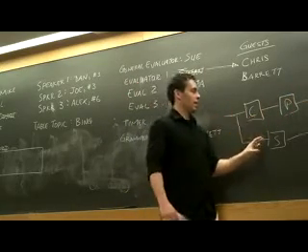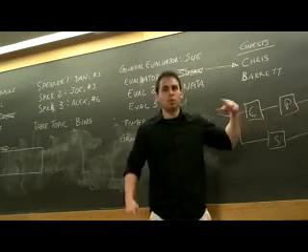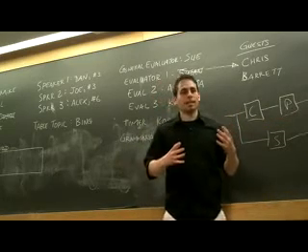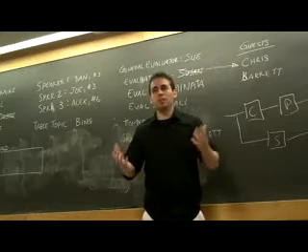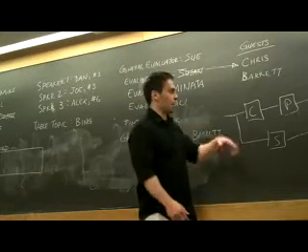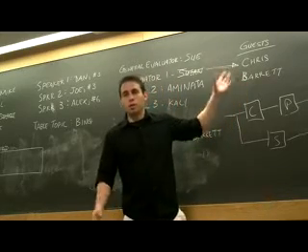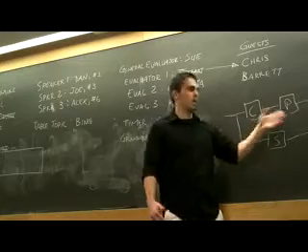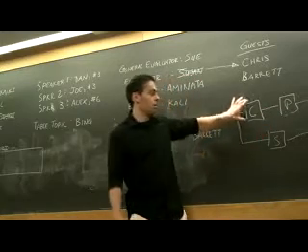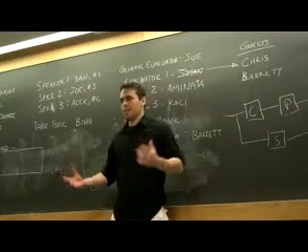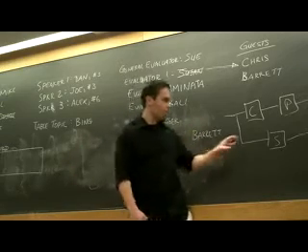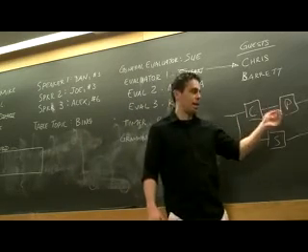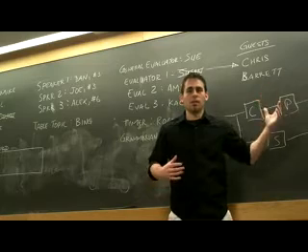So the 3 parts of this diagram are the plant, which is basically the object or the machine that does the action required. So for instance, I'm going to use cruise control on a car as an example. The plant here would be the engine of the car. The controller is what tells the engine, in this case, how fast to spin. And the sensor basically reads how fast the engine is spinning and also how fast the car is going.